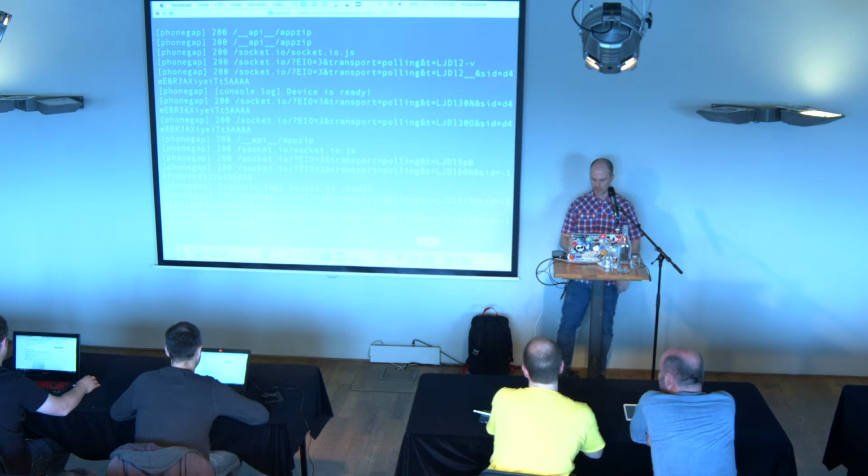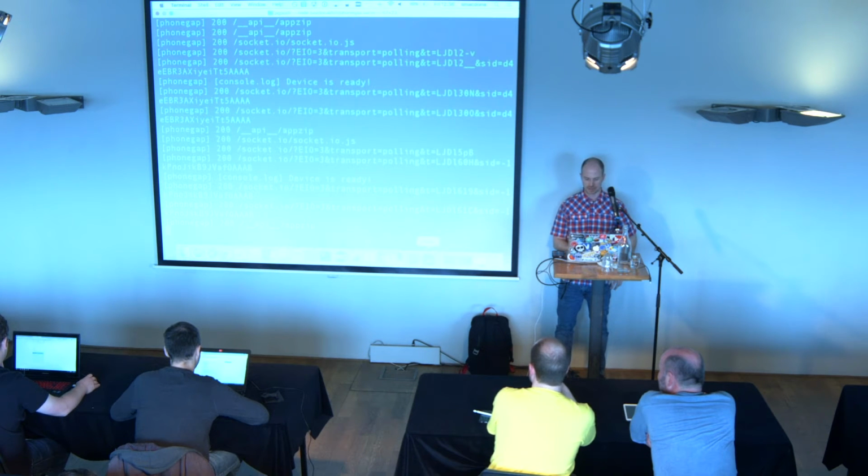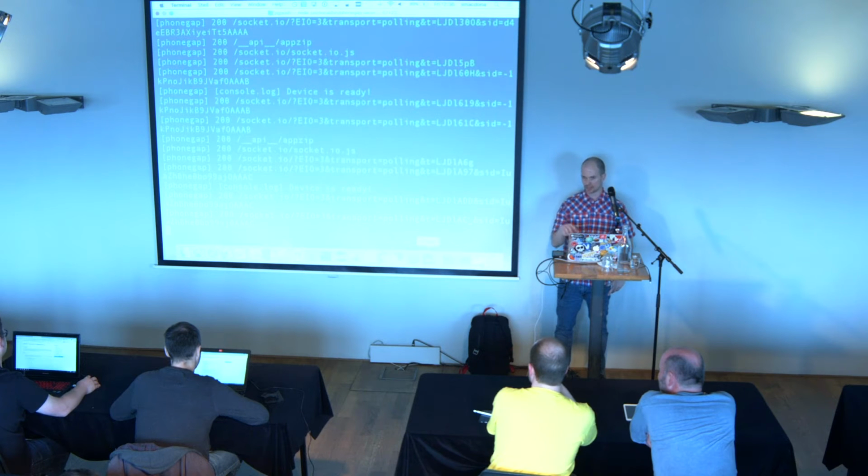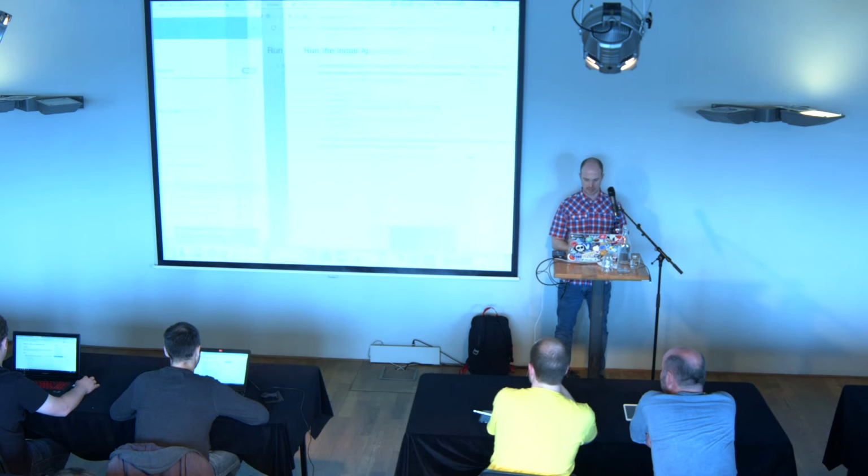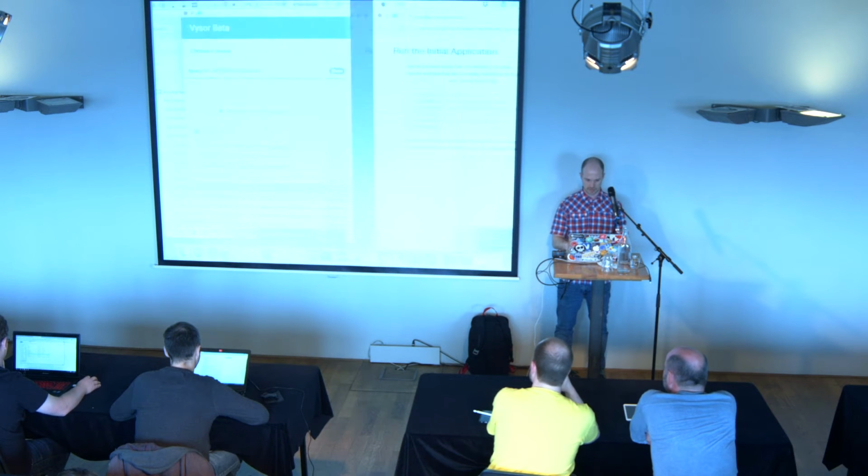So basically, right now, the application is being downloaded from my desktop to my phone running inside the PhoneGap developer app. So I can see that we've got a socket connection there. And if I flip over to Visor,